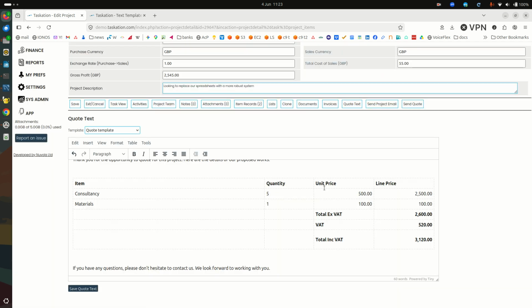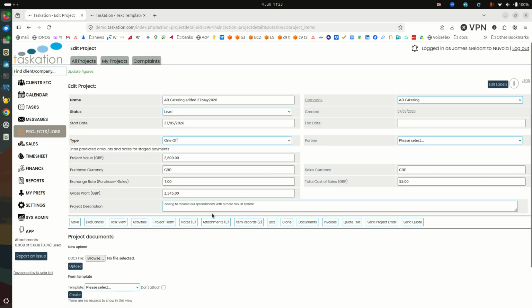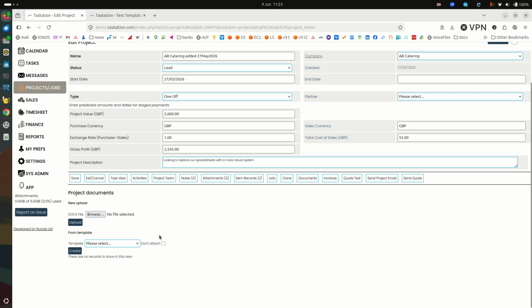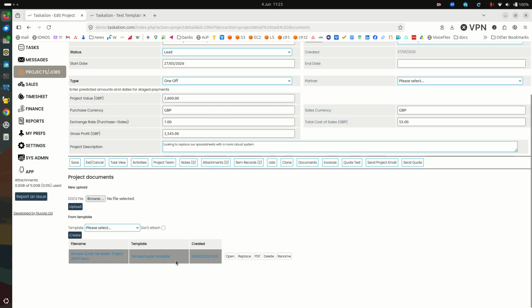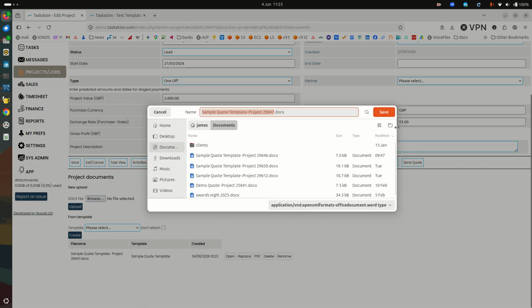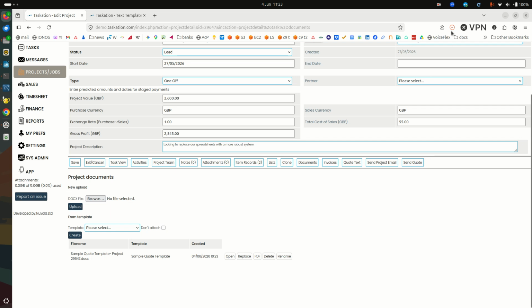Okay, so next thing we're going to then do is we're going to go into the Documents tab, and we can either upload a document here, or we can use our template. So we can select the quote template, and if I click the don't attach, then it won't create an attachment, so it will just download it as a one-off, but we're going to create that. So we can now see that's been added to the project here. So then if I open it, it's going to download it. I go into my downloads, and it's there,